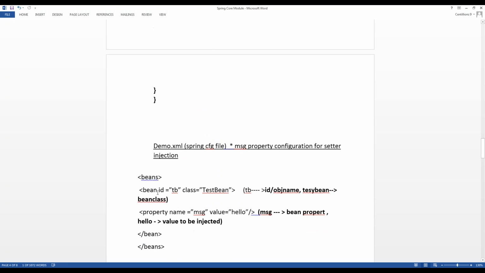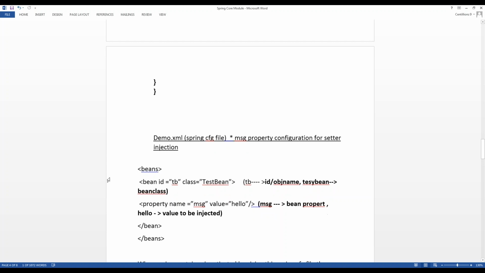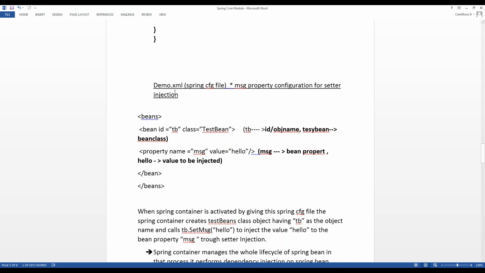The thing is, if we are using the setter method, the set method name is required. And if you want to use setter injection, we require the Spring cfg.xml. Here the Spring cfg file is demo.xml, where demo.xml is the file name.